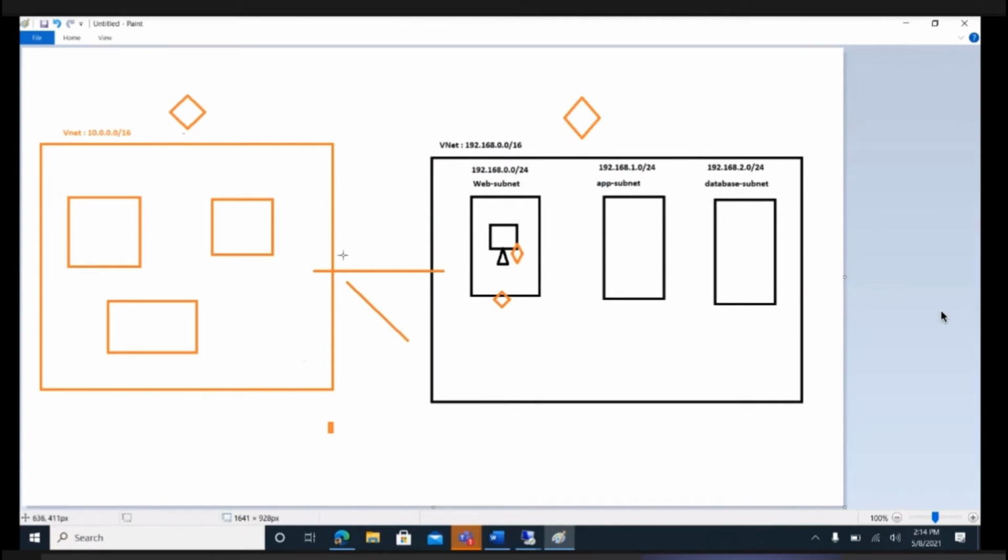So they both will be able to create a peering between these virtual networks. In case company B is using the same prefix, you will not be able to create any peering between them, because as soon as you start to create a peering, it will give an error that your IP address ranges are conflicting.